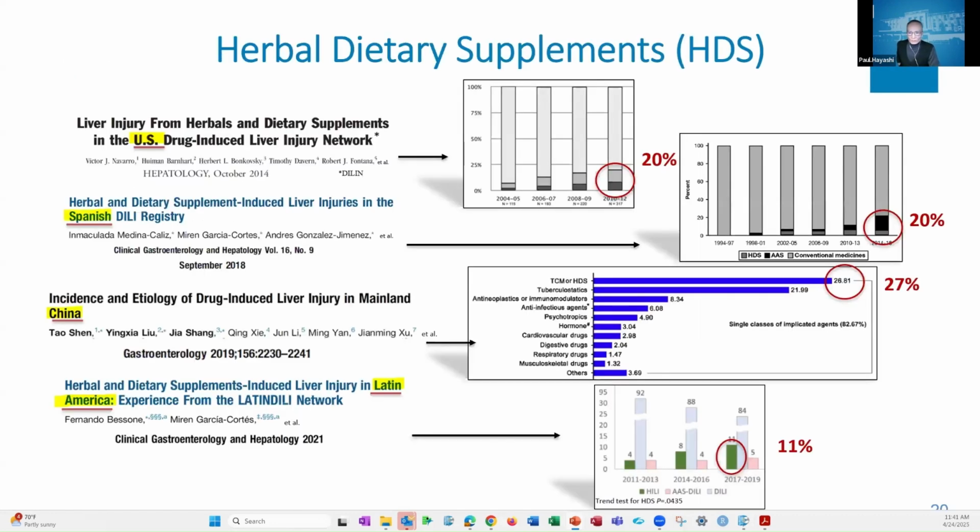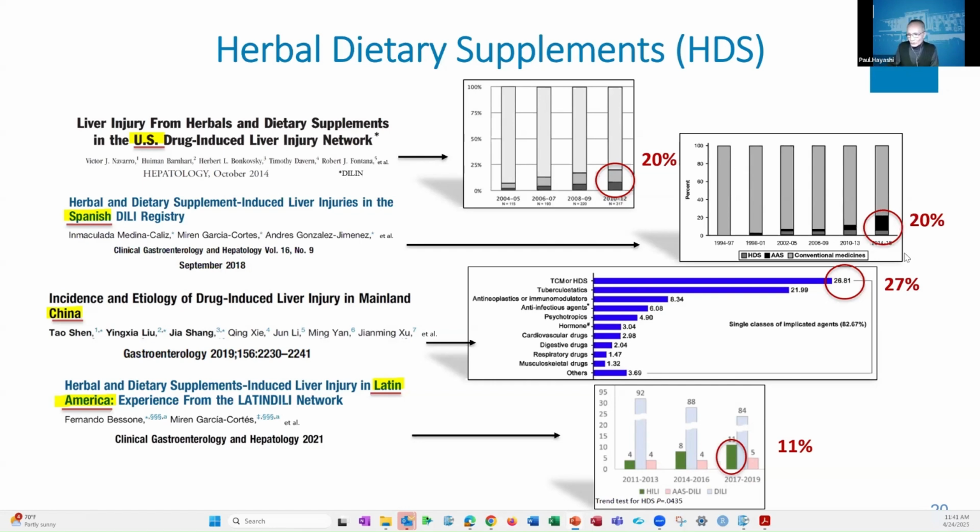So herbals and dietary supplements. This is really important, and I think that really all trials should think about this a little bit. So these are 4 fairly large registries of drug-induced liver injury. And right now, the DILIN in the US, we reported out at 20%, but that number has gone up even more. We're up around 30%. So of all the cases that come in now, roughly 25 to 30% are due to an herbal or drug and not a pharmaceutical.